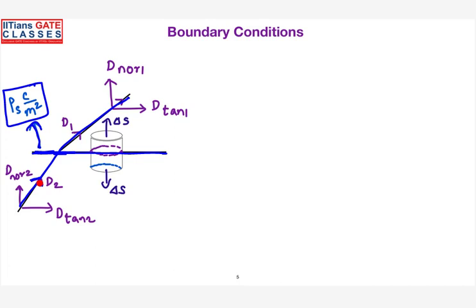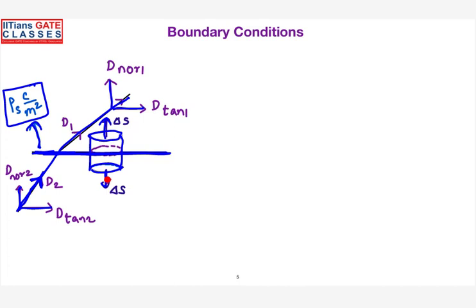Consider this is the electric flux density in medium 2. This will be the tangential component and this will be the normal component. Similarly, this will be the tangential component and this will be the normal component. I have considered a small cylinder, something like a small box, and kept it perpendicular to the interface. Since the interface is charged, some amount of flux leaves the top surface and some amount leaves the bottom surface.